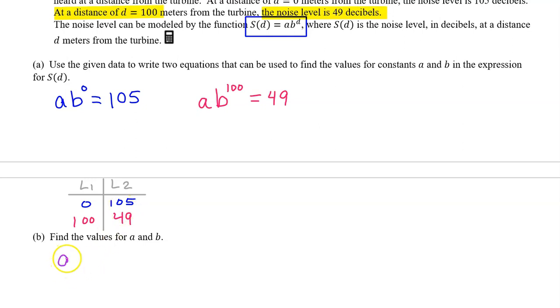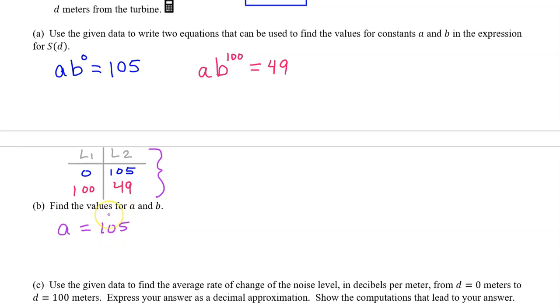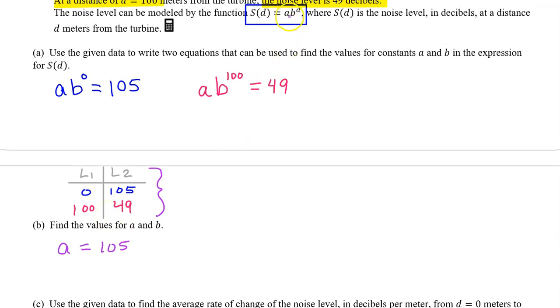So the calculator should confirm this, but we already know that the value of a is going to be 105. In fact, I think I'll show you 2 ways to solve this problem. The second way will be when I put this into the calculator, but I'm going to do most of this by hand right now. So, knowing that the a value is 105, we now can write